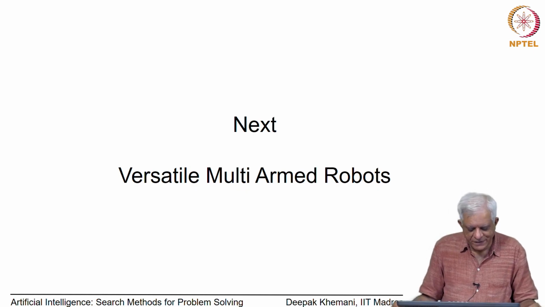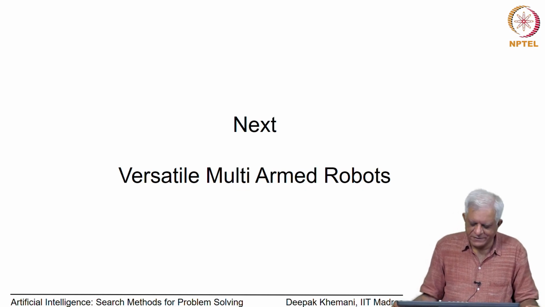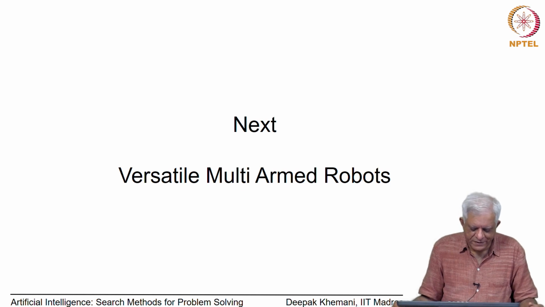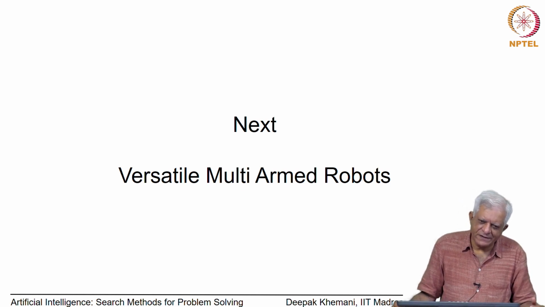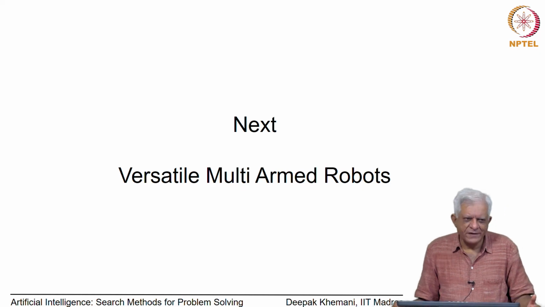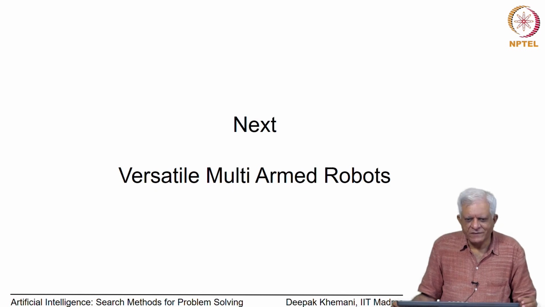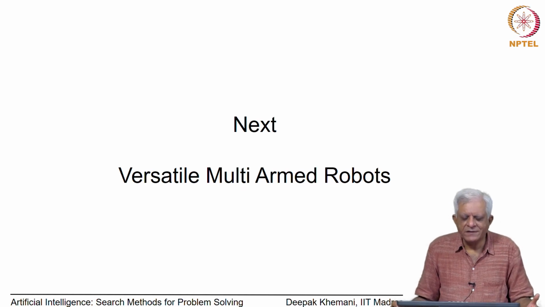If there are many robots, many arms in a robot, or maybe more than one robot with let us say 2 arms each, and if they are versatile in the sense that they can manipulate objects which are not on the table, then how would you model them? One place where this kind of an approach would be meaningful is if you are talking of multi-agent scenarios. So, if it is not just one robot, that you have many robots and they have to coordinate and collaborate and then do things together,